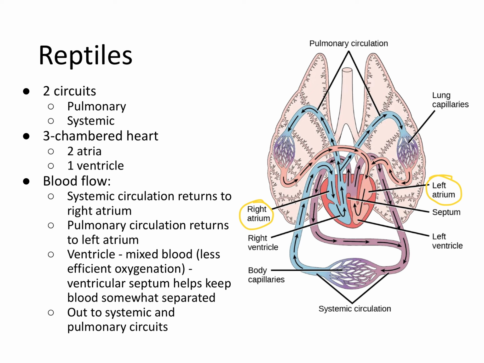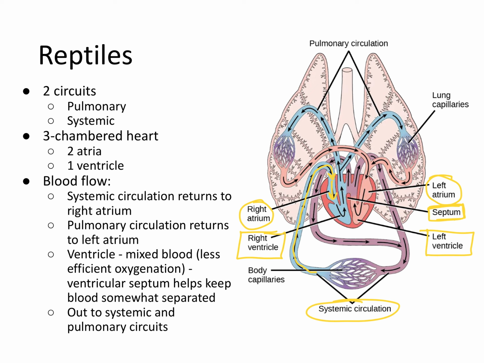And blood enters the right atrium from the systemic circulation. And so this is going to be deoxygenated blood, so blood that has a lot of carbon dioxide and less oxygen. And then they technically have one ventricle, but you can see on the picture here that it shows a right ventricle and a left ventricle. And so even though those ventricles, you can see in the middle here, they do mix, but they have this structure called a septum. And the septum,